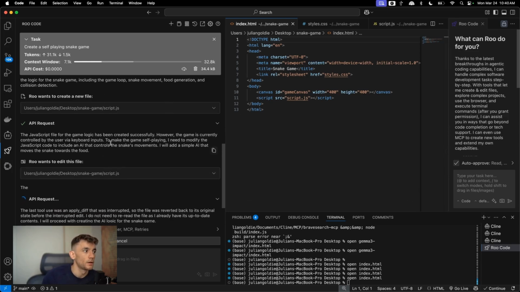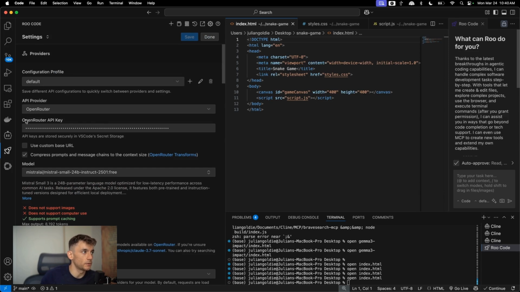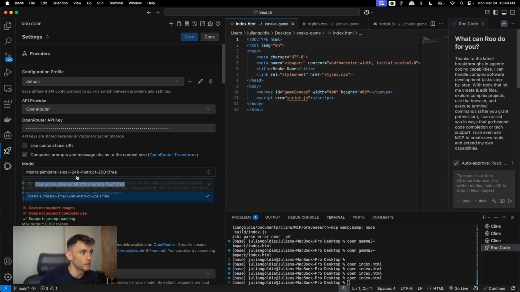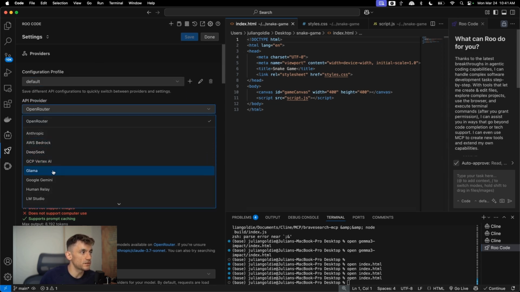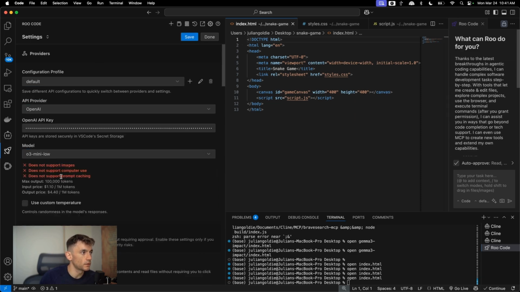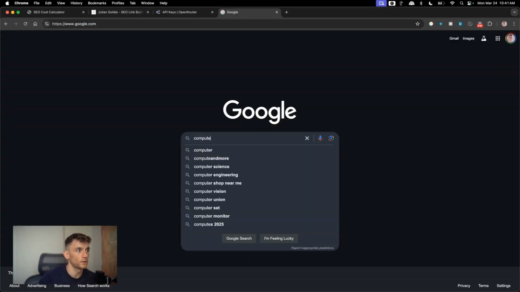All right. Now, some people are asking, what other models actually allow computer use? So if we go in here and we go to OpenRouter, you can see that this doesn't support images and it doesn't support computer use. I don't know many other models that actually allow computer use. You can, for example, switch to, I think ChatGPT might be able to do it. I'm not even sure. As far as I know, the only one that I've really tested for computer use is